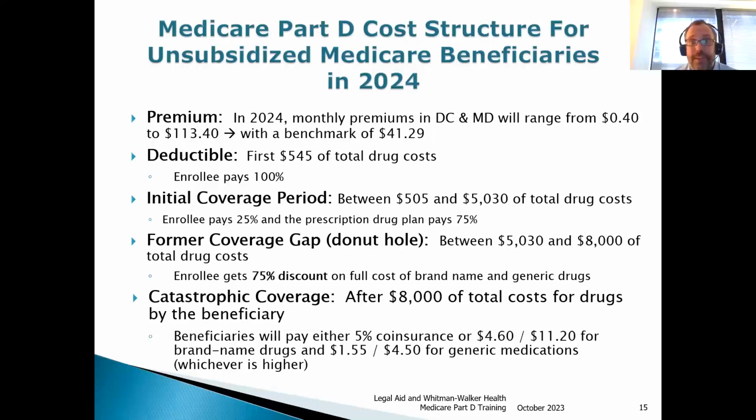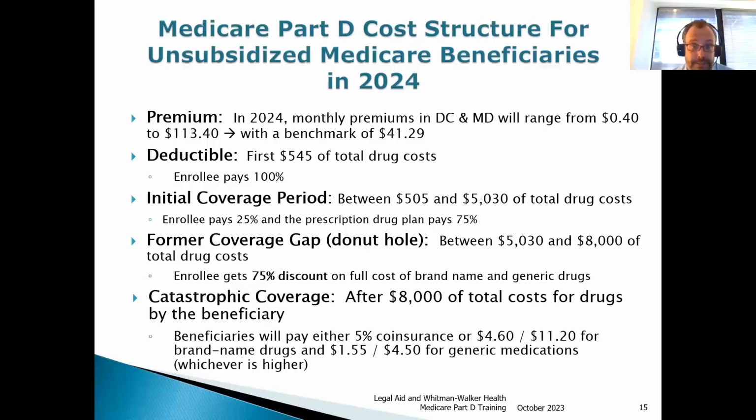There used to be this donut hole that I referred to. At least for now, that donut hole is not there anymore. The enrollee still gets a 75% discount when drug costs are between $5,030 and $8,000. So they're still essentially paying 25% of the cost of their medications when their drug prices reach that level. When drug costs go above $8,000 in the course of a year, that is considered the catastrophic coverage phase. Beneficiaries will pay either 5% as a coinsurance instead of the 25%, or they'll pay these copay amounts if they're